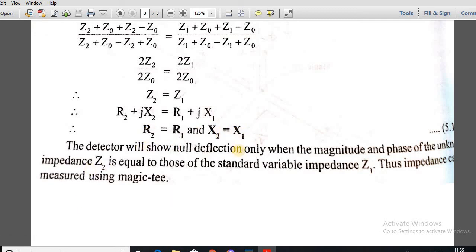So the detector will show null deflection only when the magnitude and phase of the unknown impedance Z2 is equal to that of the standard variable impedance Z1. Thus, the impedance can be measured using magic tee. So this is an important application of magic tee: the magic tee acting as an impedance bridge. Under the balance condition, we need to find out the value of the unknown impedance which is connected to